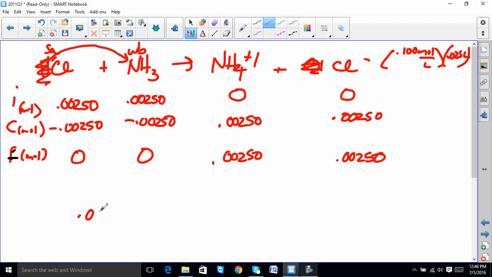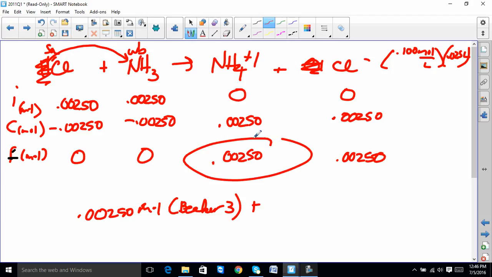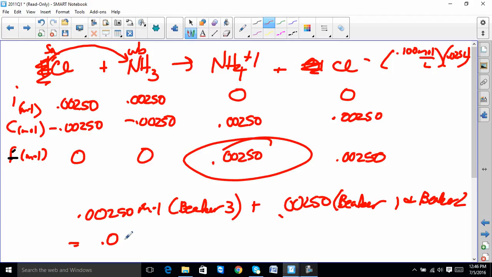We got 0.00250 moles from beaker 3, because it was there to begin with. And then we got 0.00250 that wasn't there to begin with, but got made, and it's a 1 to 1 to 1 mole ratio. That's what happens when you mix beaker 1 and beaker 2. And so you can see that this is